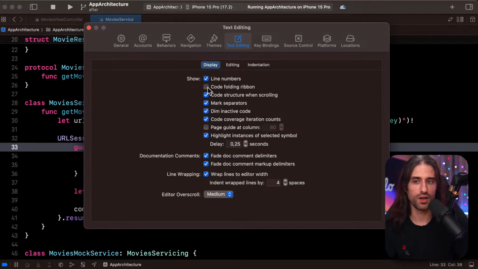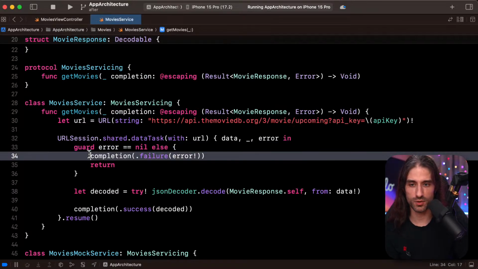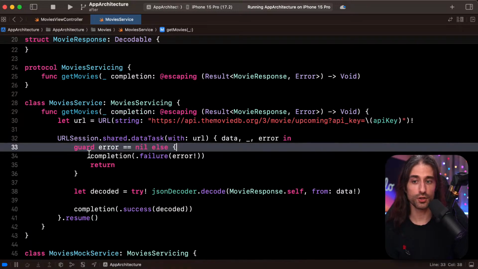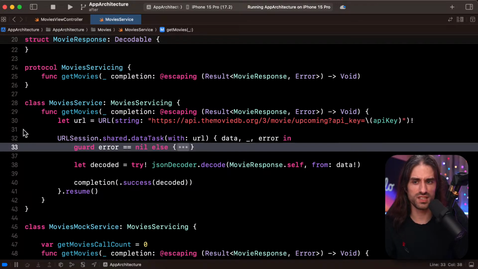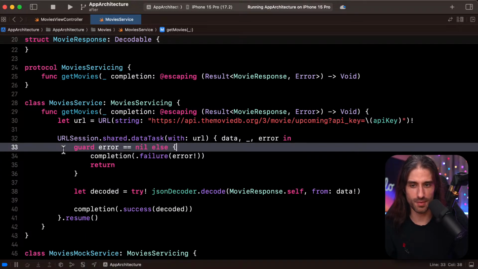At some point when I record videos, sometimes I find it prettier without the folding ribbon. But actually, let's see. The shortcut still works even if you disable the folding ribbon. So that's good to know. Actually, I'm going to disable it because I don't think it's that pretty, and I don't like to see it in the frame. But it's just because I might be a bit too perfectionist about what I show in the frame. It's not that much of a big deal, but being able to fold like this is nice.